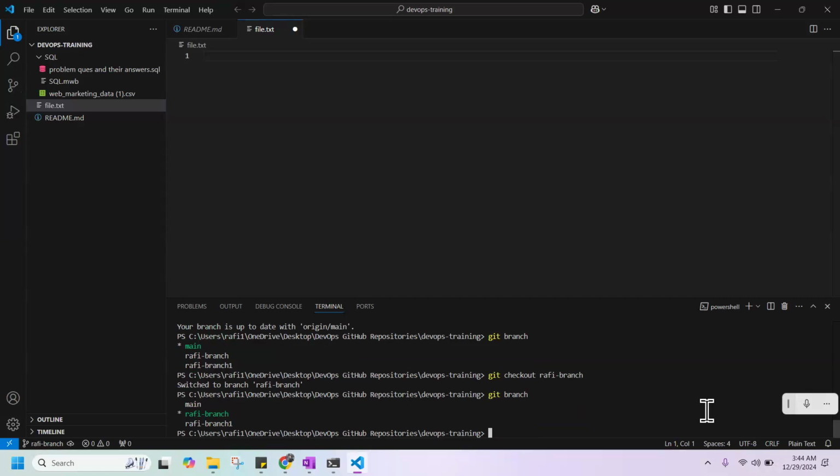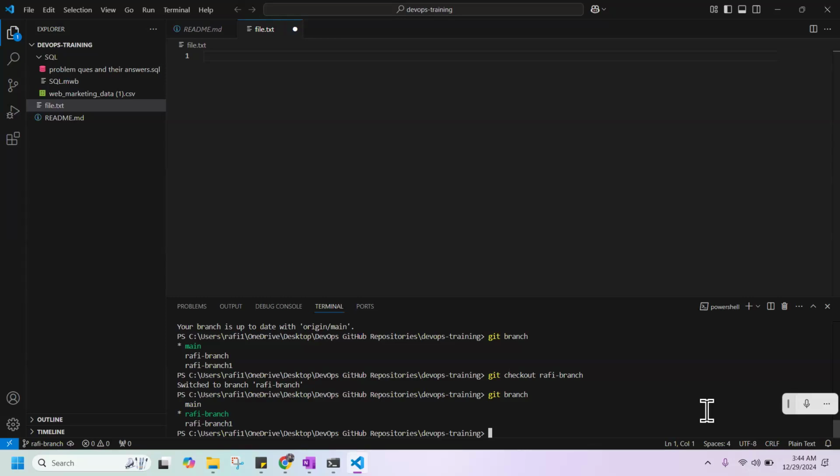The purpose of creating branches is that in a real environment, we cannot make any changes in the main branch, right? We make sub branches and we add our code in those sub branches. And after adding the code and verification by the manager, it is merged into the main branch, right? So now I am in my sub branch with the name of Rafi slash branch. Now I want to make some changes in that branch, right?